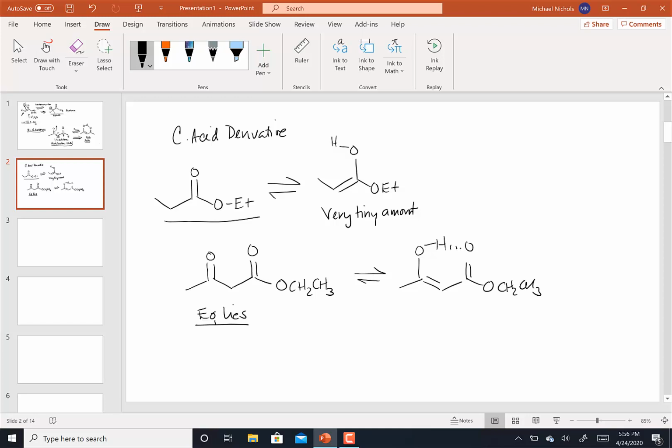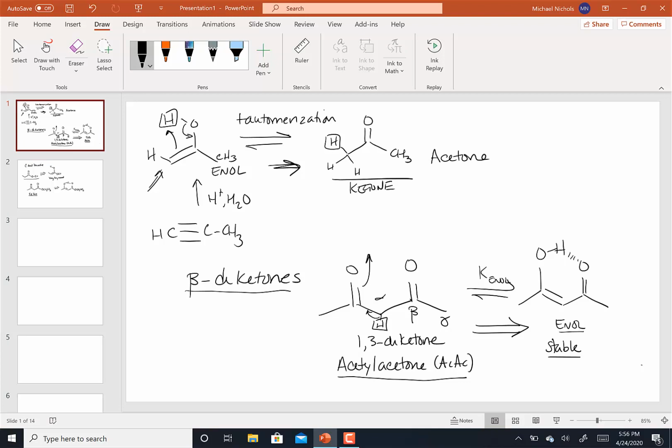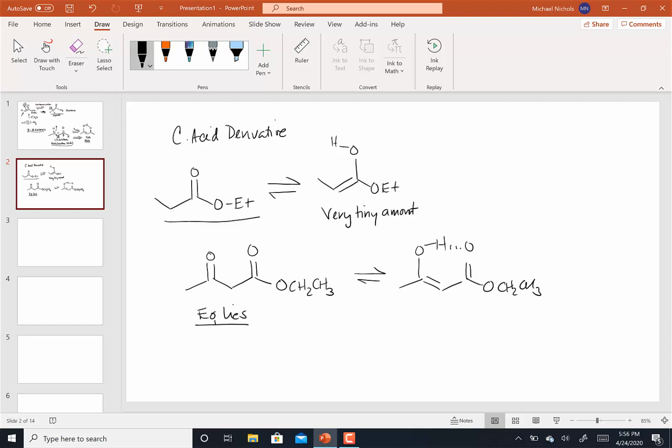So that's a little bit more about the stability of enols. And again, to summarize, for the most part, simple enols really are too unstable, like the enol of acetone. On the other hand, beta diketones are very good at forming enols, and they will actually predominate in their enol form because of the formation of the hydrogen bond and also the formation of a 6-membered ring with the double bond. And then also,